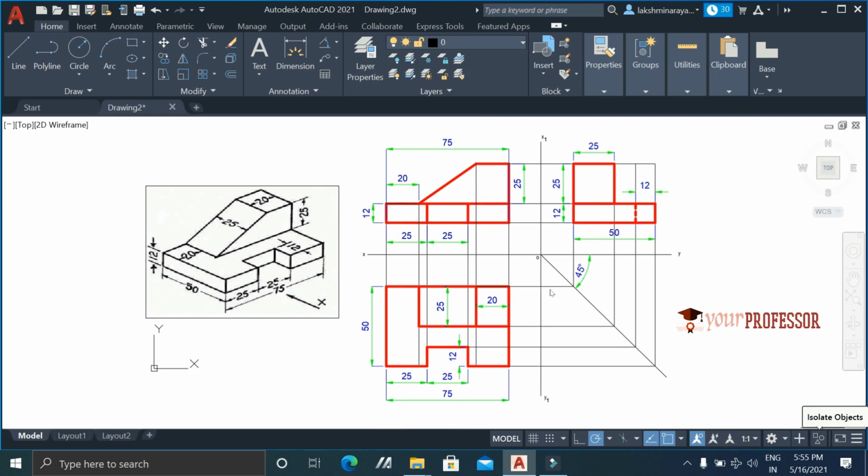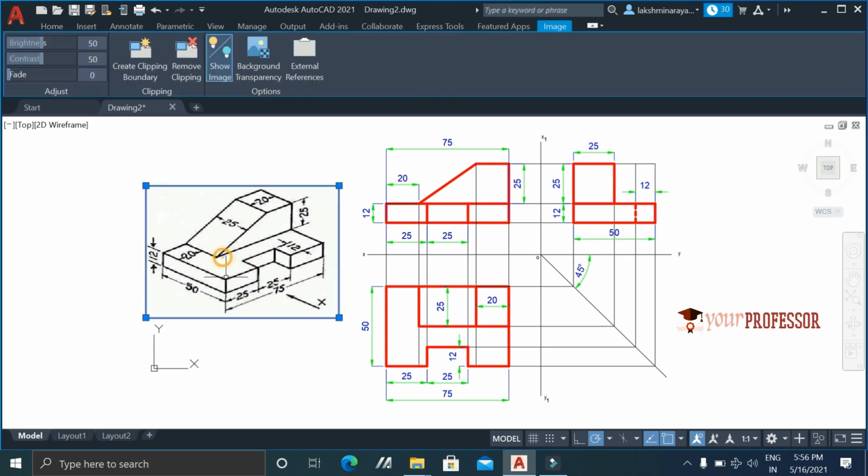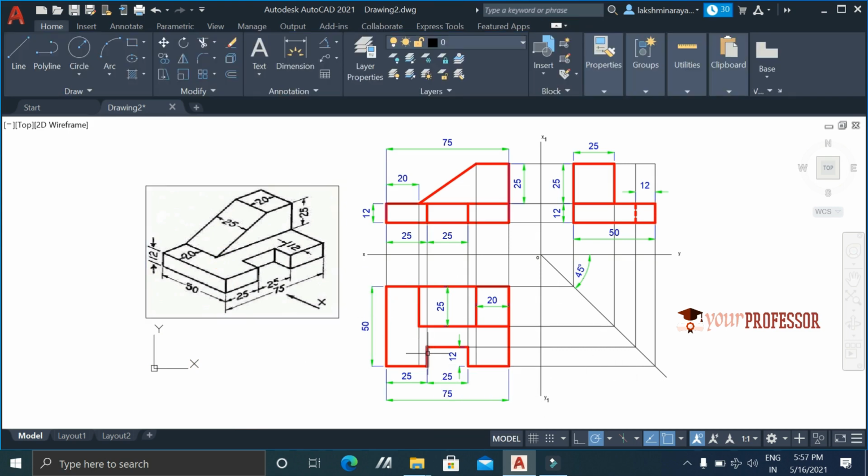Hope you are able to understand the conversion of the given isometric view into orthographic views. I considered the geometric model using the software AutoCAD, and I generated different views as we have seen earlier. Considering the given problem, I have explained how to draw the orthographic views from the given isometric view. Hope you are able to understand the process.